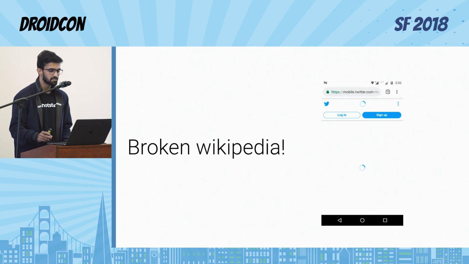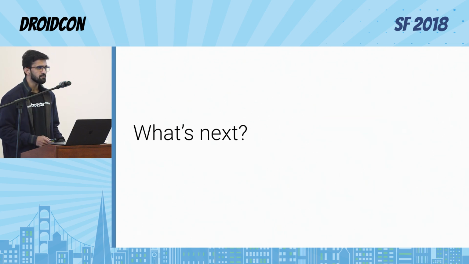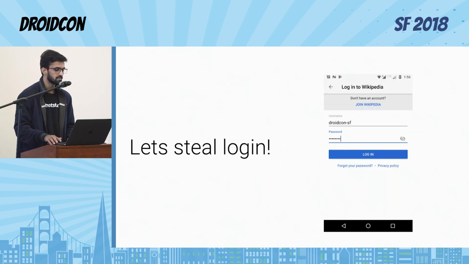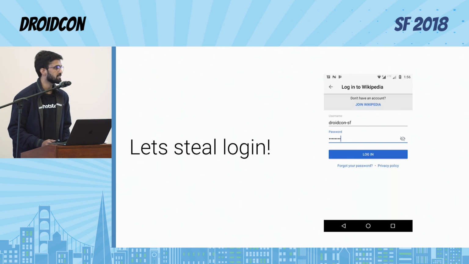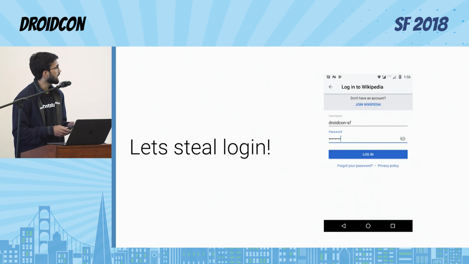Me becoming more popular. So what's next? This was all about modifying resources. But resources are just one part of the APK. Keeping this in mind, let's pick our next challenge. Let's steal wiki credentials, because everybody has a wiki account. It looks like we need to get into the code for this use case. So we can see that the login flow looks like this for the Wikipedia app at present.